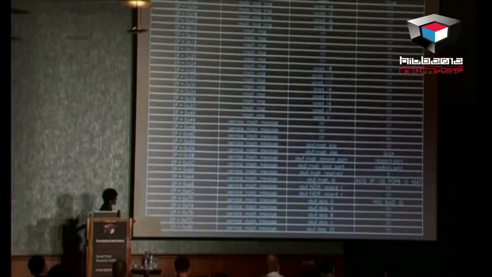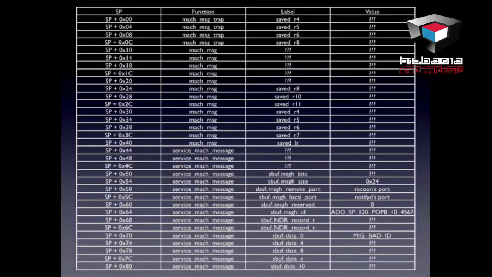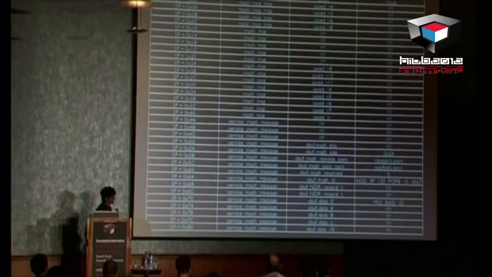The reason, this is the address of the next gadget we're going to use, and it's positioned perfectly in the reply buffer's message ID. And the reason we did that is the minus 100 trick that I said earlier. And data 0 is make bad ID because this is not actually a valid mock message that notifyd recognizes. So this is the state of the stack right before we set the